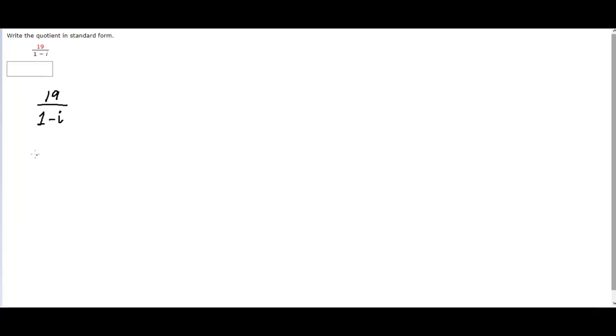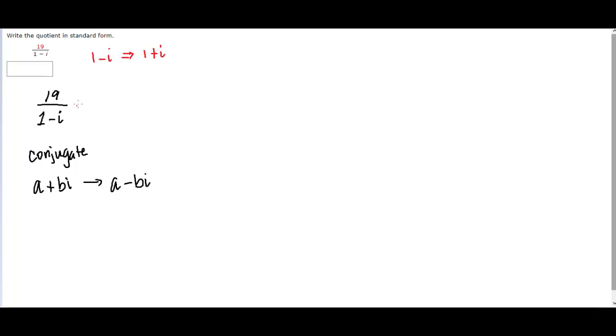So the first thing you need to know then, once you know how to multiply complex numbers, you need to understand what's known as a conjugate. And in this case, it's a complex conjugate. So a conjugate is, for a complex number like a plus bi, where you keep the terms the same and you alternate the sign. The conjugate of 1 minus i is 1 plus i. Alright, so we need to recognize that. Just keep the terms the same.